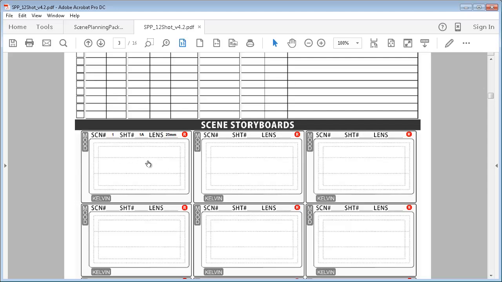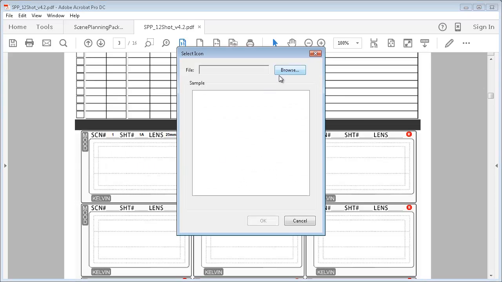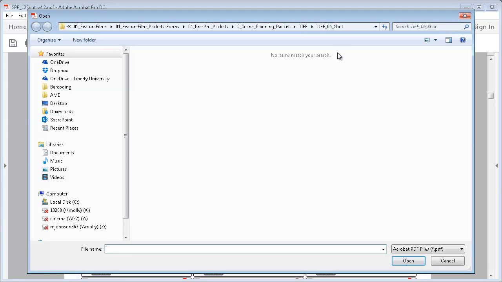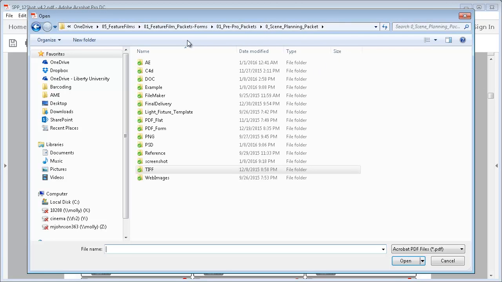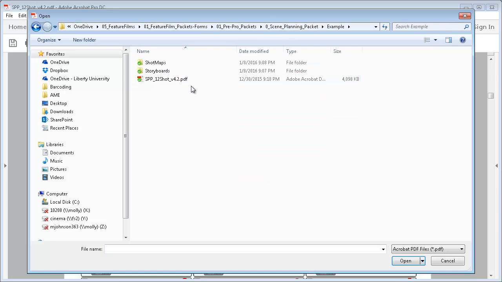Then here is where your storyboards go. Now you can use Adobe Acrobat Pro or PDF Expert to actually just draw a storyboard in here, or if you want to draw on a separate piece of paper, scan it in and then import, you can do that as well. So all you have to do is click in this area and we can import a file, and I'm just going to navigate here to